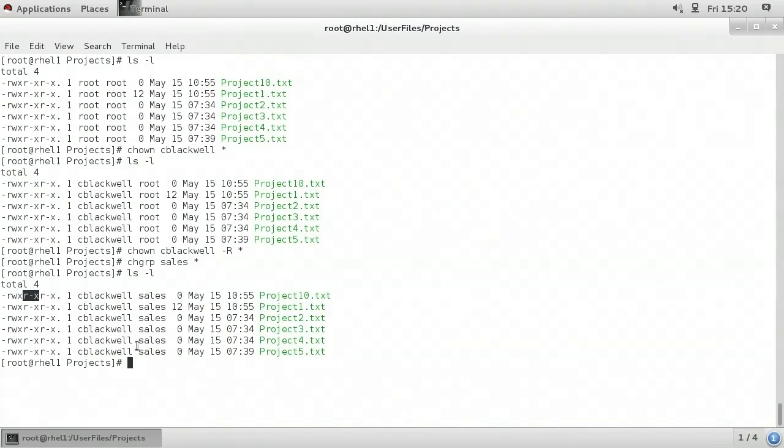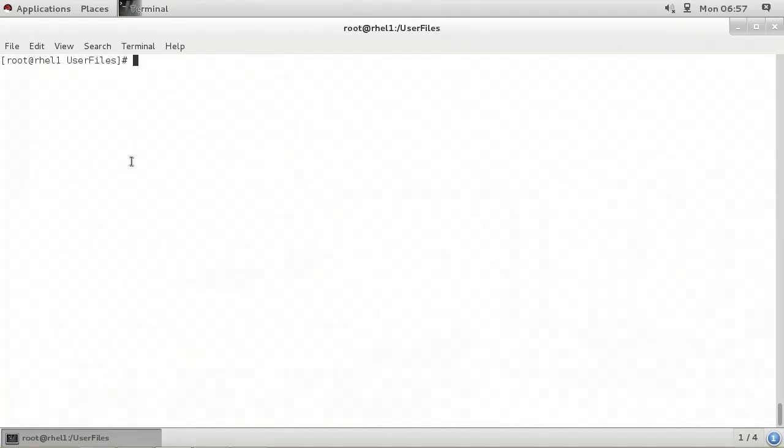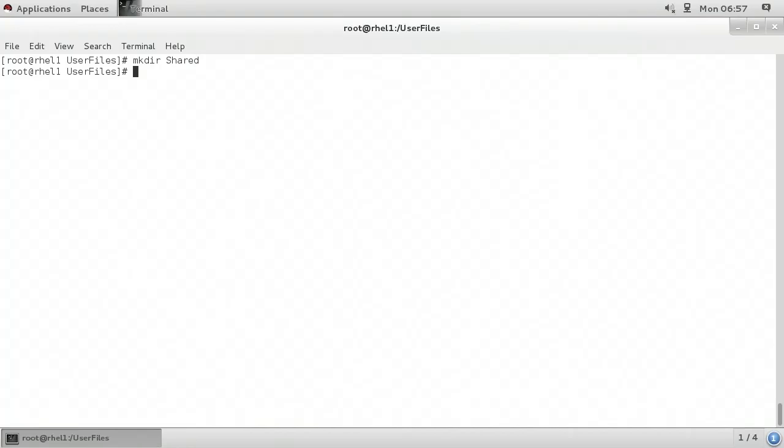In this video, we learned how to manage permissions on files. In this demonstration, I'll work with permissions on directories. On my Linux system, I'll type mkdir space shared. Now, I want to see a long listing for the shared directory, not what's in it, but rather of the directory itself. So I'll type